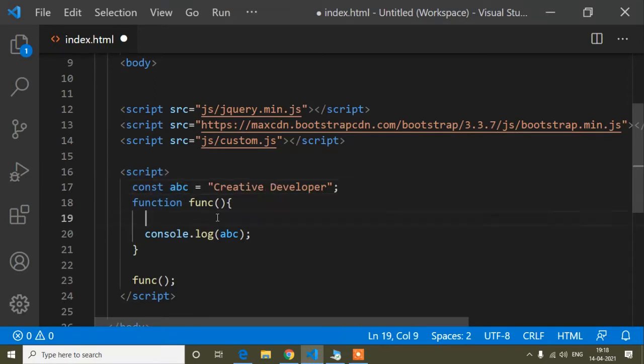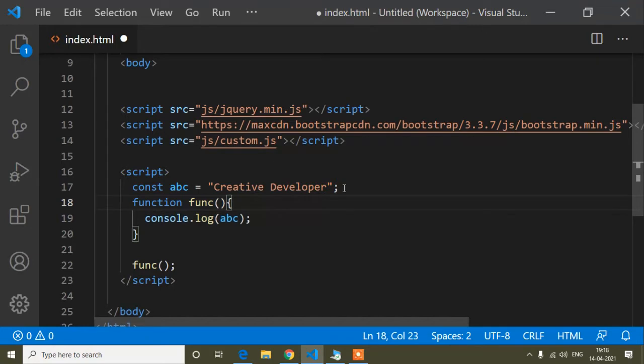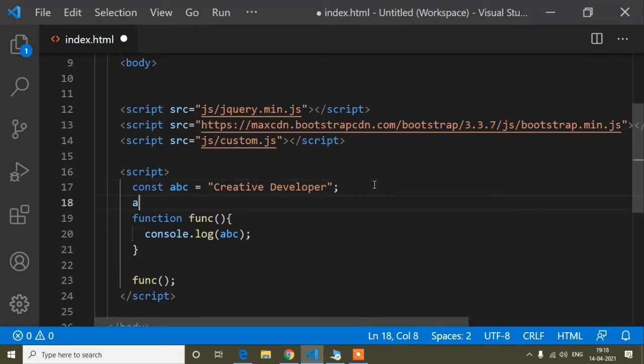Suppose first of all I have assigned the value of ABC as creative developer, but now suppose I want to change the value of ABC to creative. I mean I'm just updating the value. First I assign creative developer, but after that I'm trying to assign only creative.